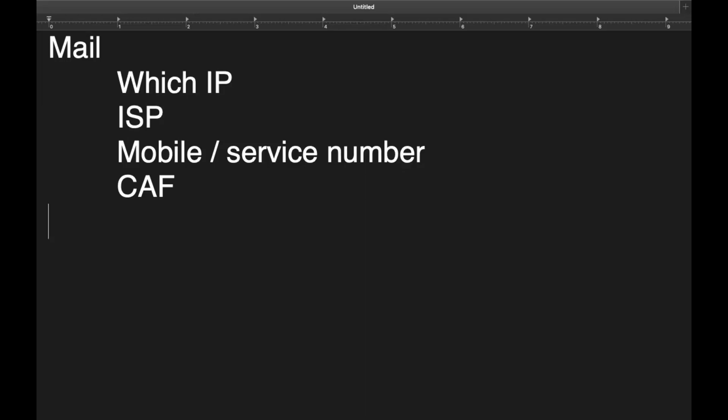That is actually a CAF number, customer application form. So there they can get a PAN number or the passport or the government verified detail from the CAF number. So which ID they have used. This scenario will work only if they have not used VPN or VoIP. So for VPN or VoIP, I'll explain.